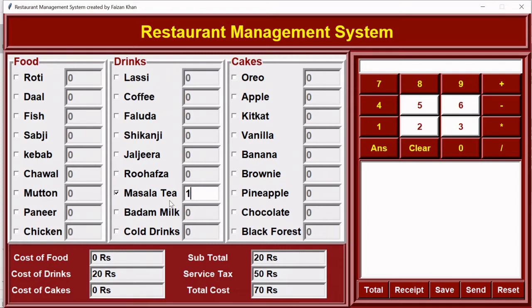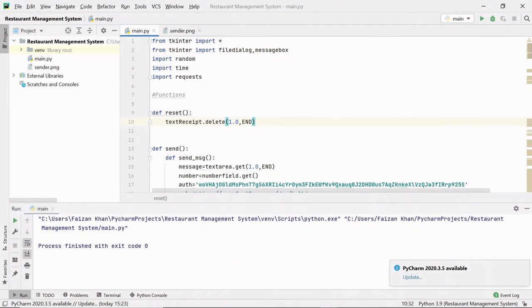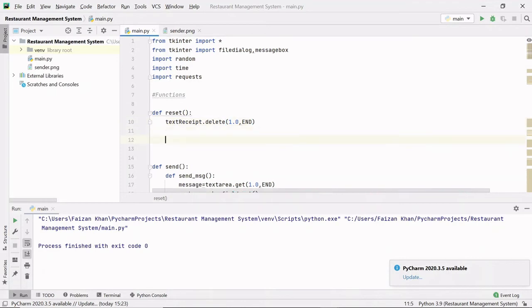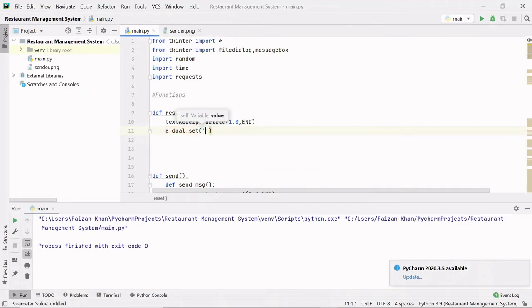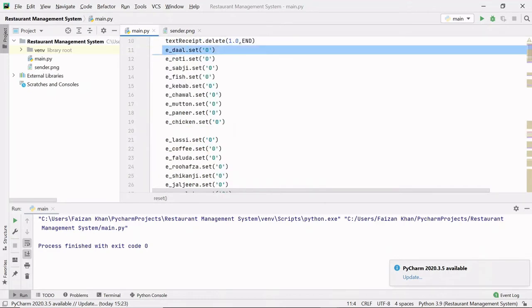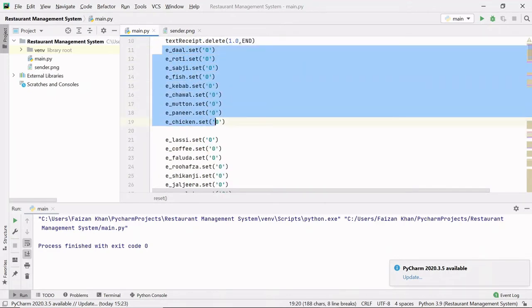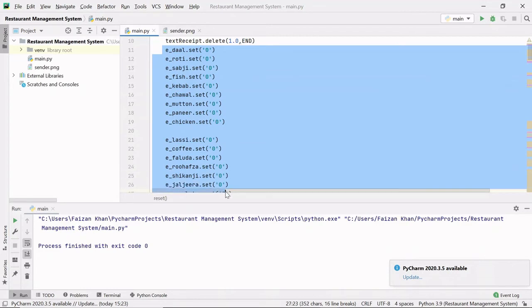Now I want that if there is any quantity written in an entry field, it should be set to 0. So I will use those variables that we used already. So we will use the edal variable and set the value to 0. In the same way, we have to set the rest of the entry fields. You can see I have set all the entry field values to 0, right?